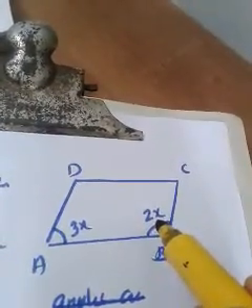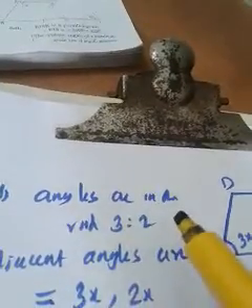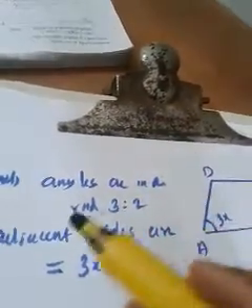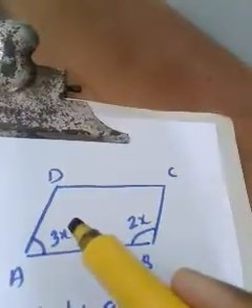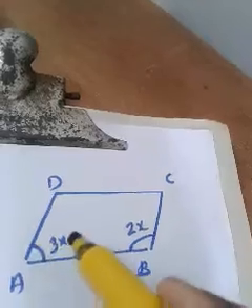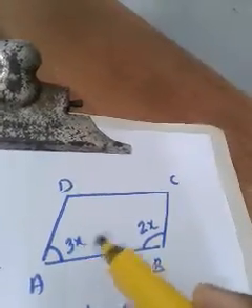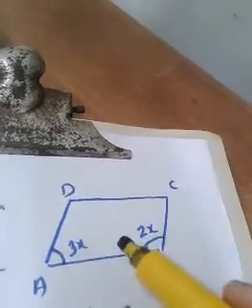I think it is very clear to you. Once again, let me repeat. The ratio of the adjacent angles is given as 3:2. The adjacent angles themselves are not given. So how can we convert it in terms of angles? 3x and 2x. Now we can mark it as 3x and 2x. The measurement of this angle is 3x and the measurement of this angle is 2x. But we need the measurement in terms of a number, not in terms of x. So we are going to calculate that.